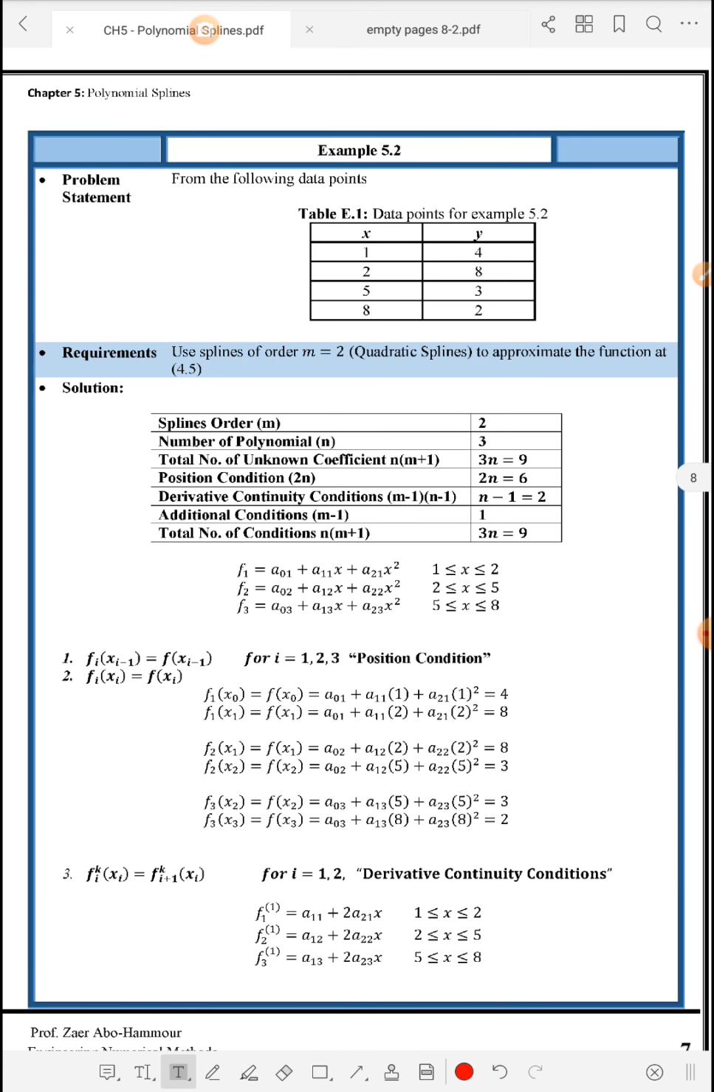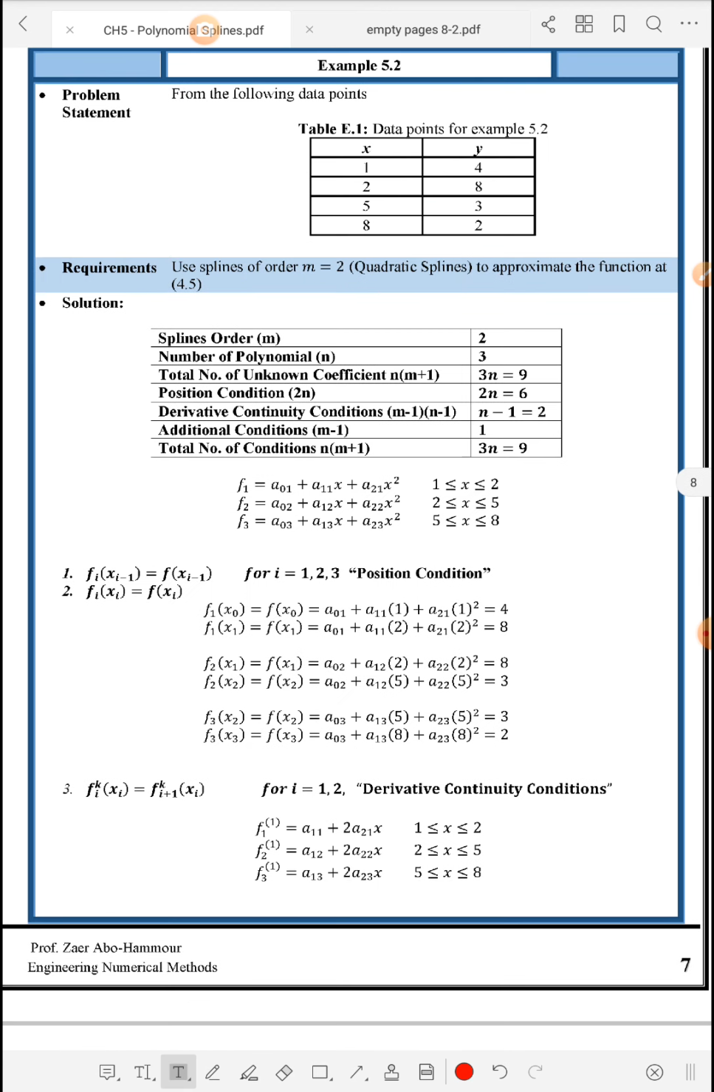I think we have the same points. We have the same points, okay, 4 points, and we should increase the order of spline to 2, quadratic, and then we should find the value at x is equal to 4.5. So here the spline order is given as 2, specified, and the number of polynomials is less than the number of nodes by 1. So we have 4 nodes, the number of polynomials will be 3, and based on that